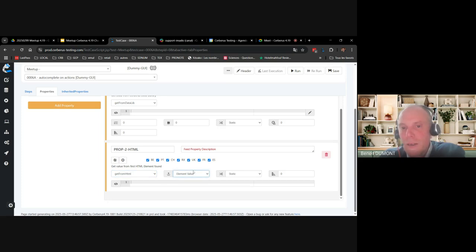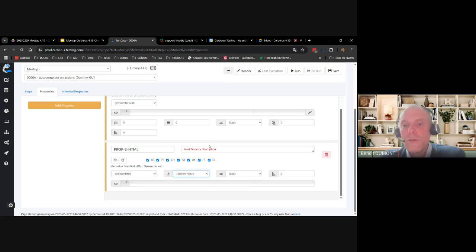Now you can get a lot more than just the value. You can get the number of elements that Cerberus found. That's quite interesting if you want to count the number of lines inside a table report, for instance. You can get directly the full content of a raw element, or some specific attribute values of the DOM. You can also take the full list of the values.